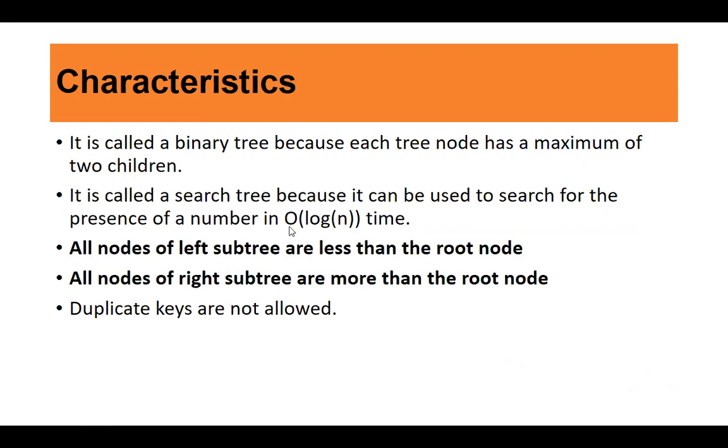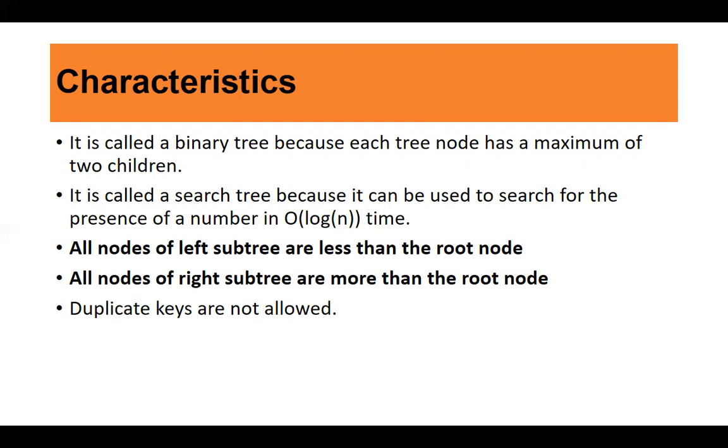As we talked about previously, in the case of linear search it takes big O of n time, but in the case of a binary search tree the search time is reduced. It is in log n time. What is log n time? It takes time proportional to a fraction of your input size to search. In linear search, the complexity increases as the input size increases.